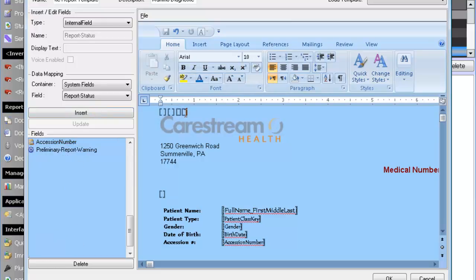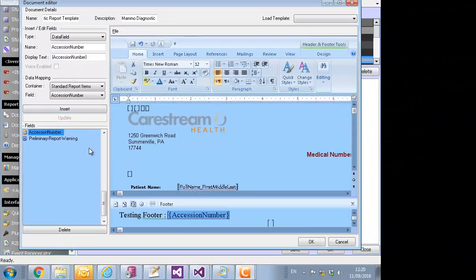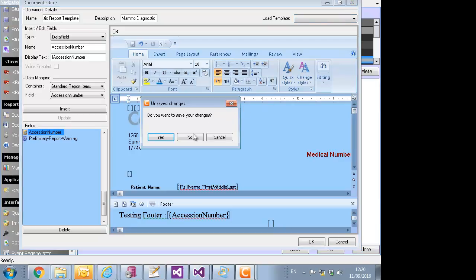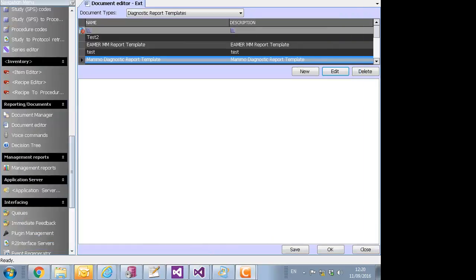It is added here, and it will contain the report status. So it's clear now what is an internal field. Okay, so this is the second feature. I will really shortly